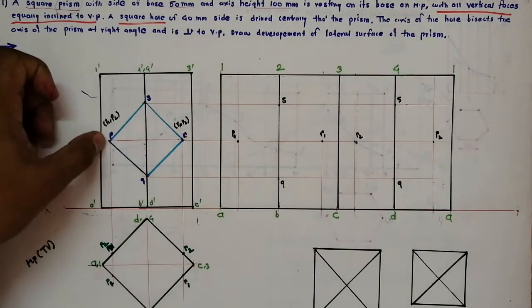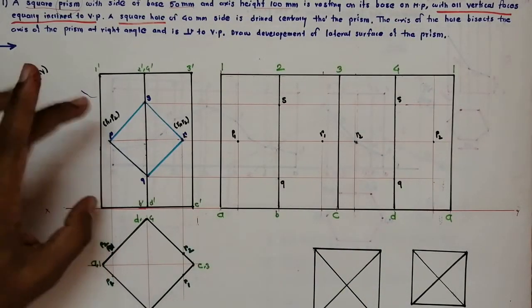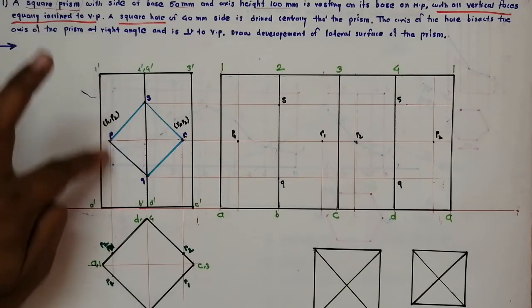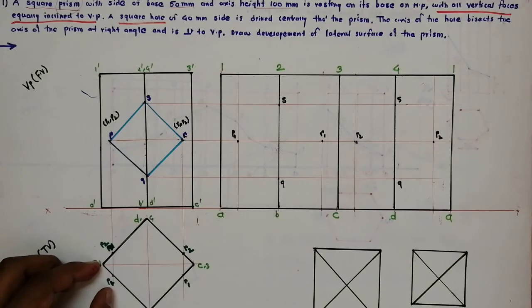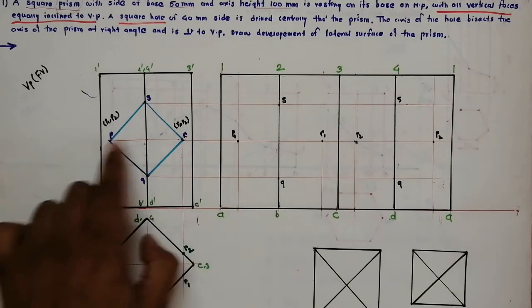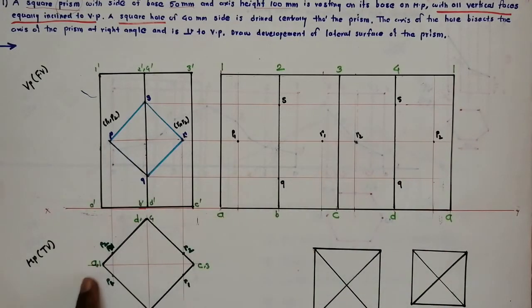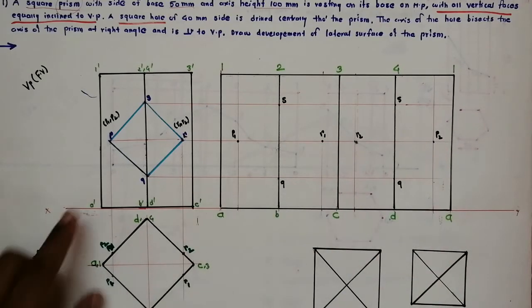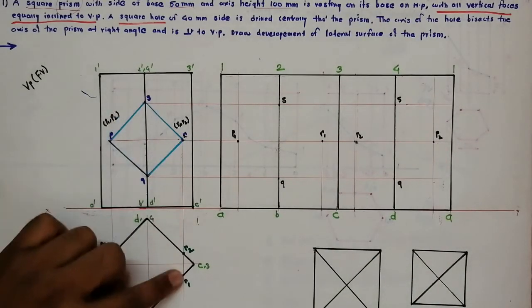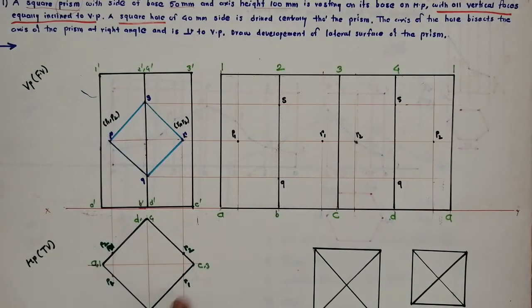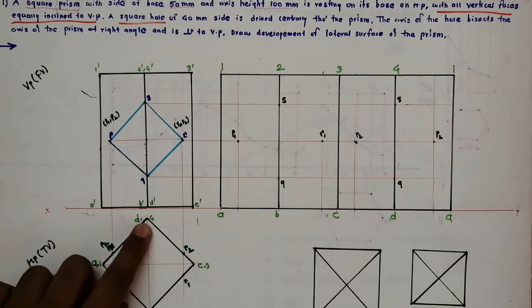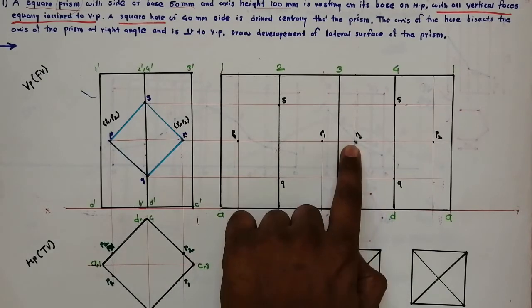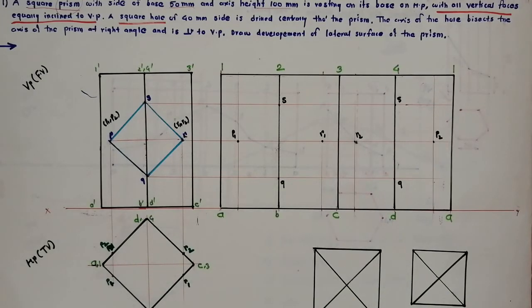Okay, P has two intersections. We don't know the intersection because it is not intersecting any edges, so we have transferred that to the top view. We have taken that distance AP1, we have marked it here. We got the P1 point here, and the P2 point on AD. Okay, now this R point we are transferring to the top view. R1 is in between BC, so BC R1 and CD R2. Okay, now the final stage is to join these points.